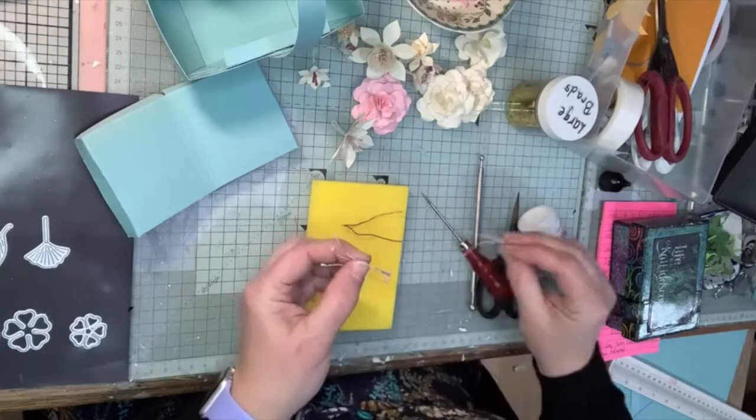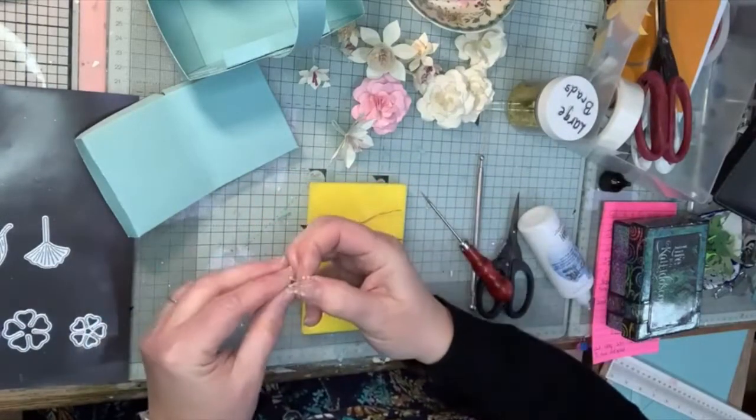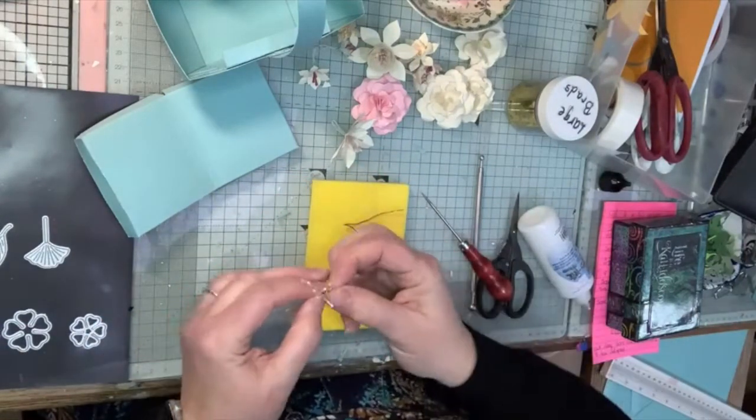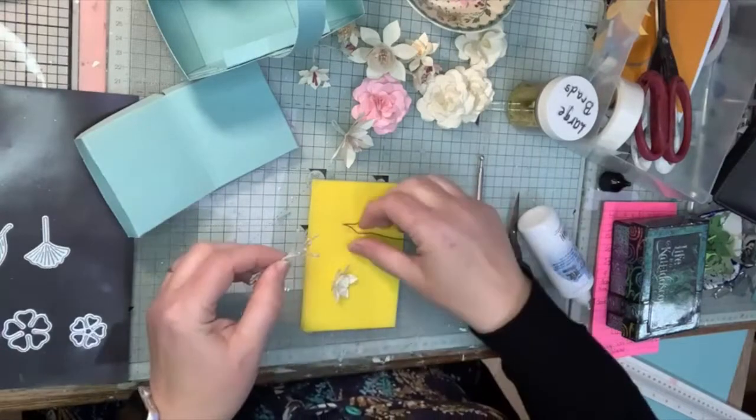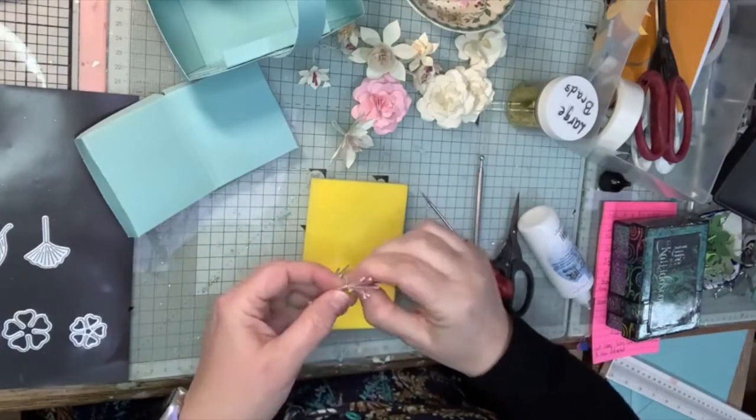No, we don't need them all. I'll just put some back. I've got too many there. Pick that one up. And we can pick that one up. There we go. Okay, so I'm going to put them in my wire again through the middle, bend them in